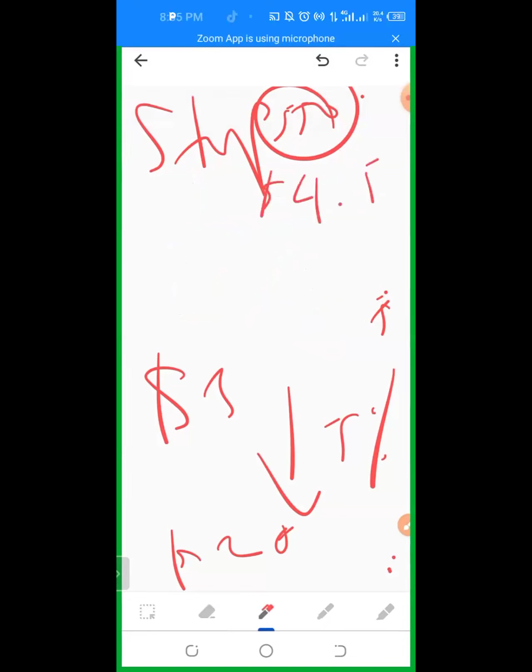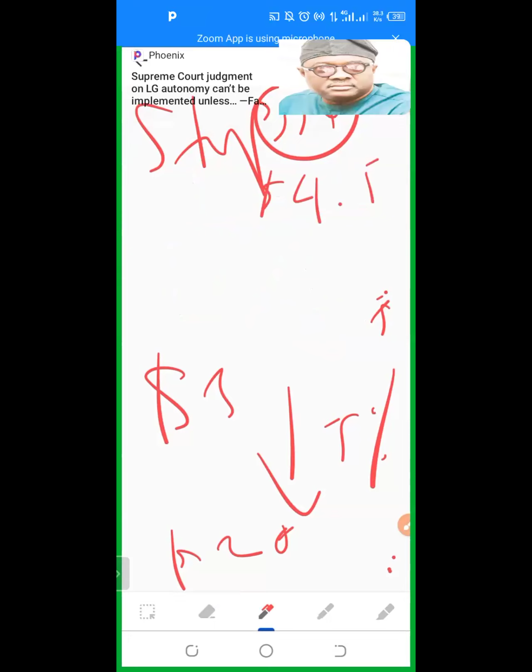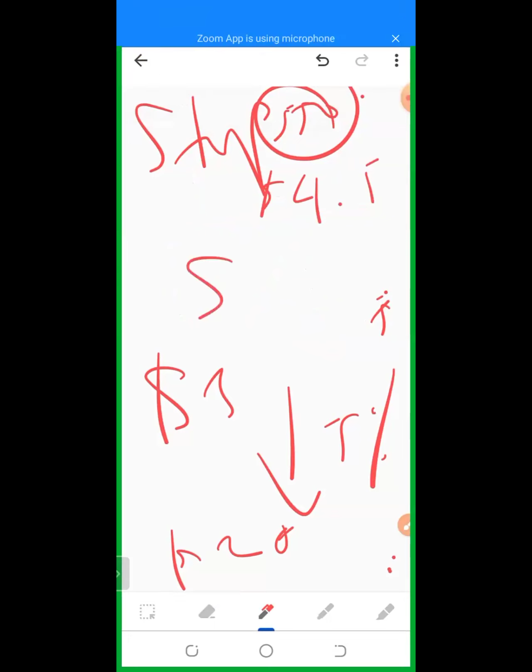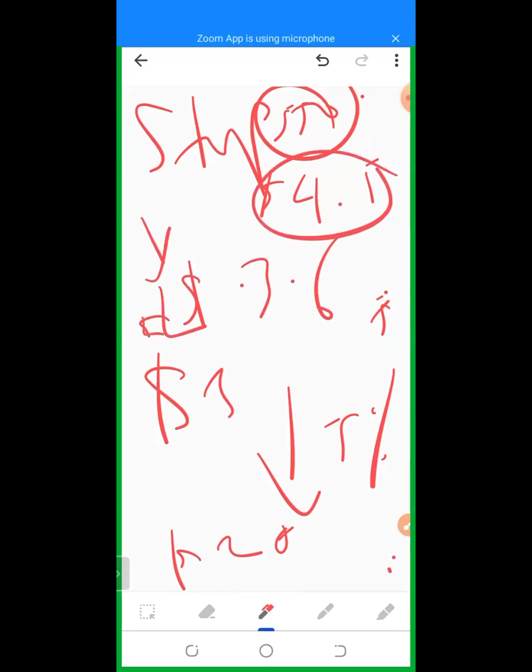So you want to put a stop loss at maybe 3.6. If it reaches 3.6, I want to put a stop loss here. Before all my money will be cleared, if it reaches the liquidated price, that means it's going further up. So before I get to this place where all my money will be cleared, please end the trade. Cut off the loss so that I will not lose my entire money. That's what is called stop loss.